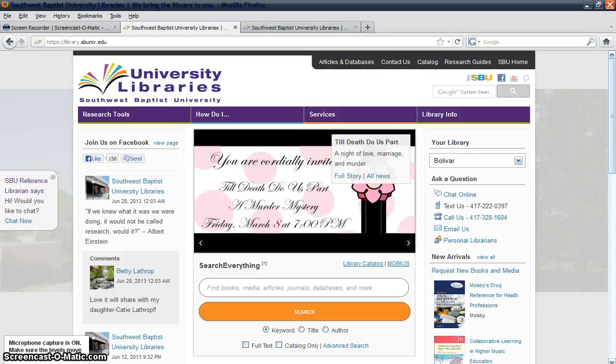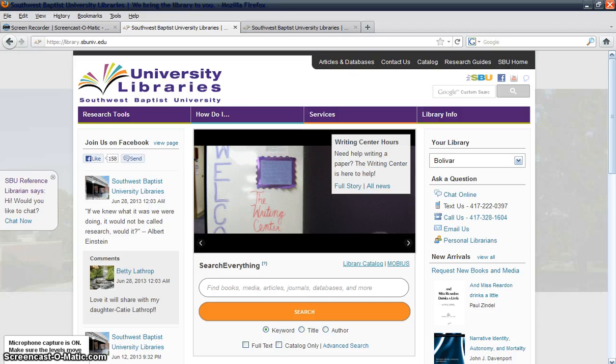If you're looking for a book that is not currently available through SBU University Libraries and it's not available through Mobius, what you're going to do is an interlibrary loan. So at this point, go to the library's homepage,